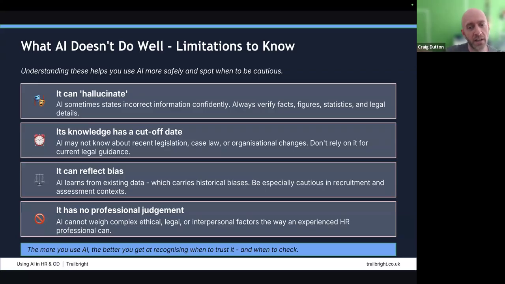This is why you should always check the sources. Verify the facts, the statistics and things like that, because it can go and do research for you, but you should always check the results that you get. And its knowledge can have a cutoff date. As I said, it's getting a lot better because it is searching the internet, but it's been trained on data. So it may not know about recent changes in law or legislation, or organizational changes if you're using it within your organization. So definitely don't rely on it for current legal guidance. As I said, you always want to check